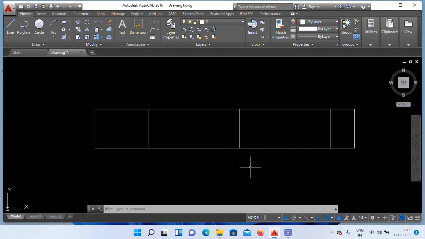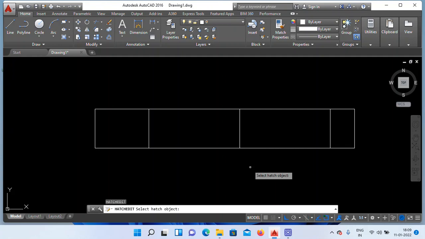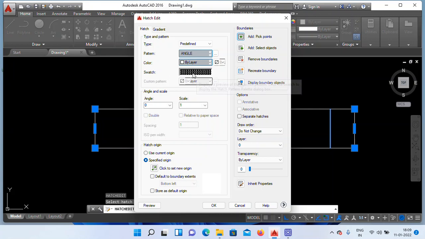The syntax is HE, enter. Click on the changeable design. This is the changeable design. Click, right? Click on swatch design here.